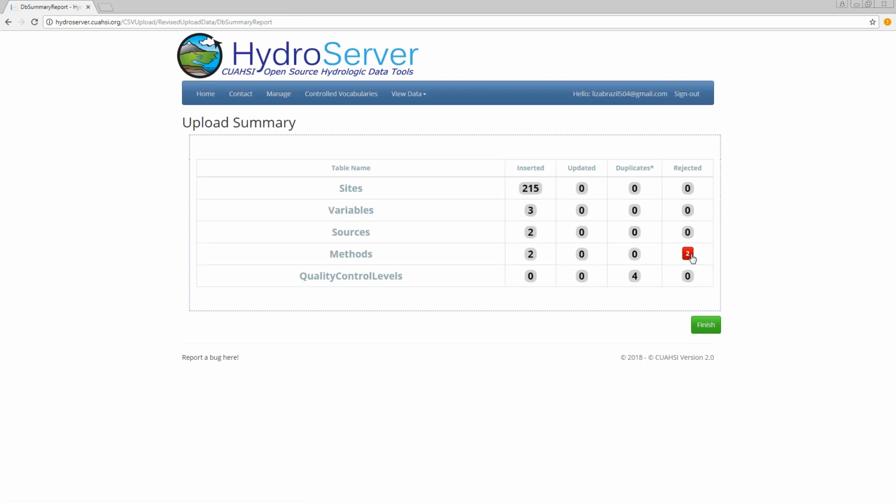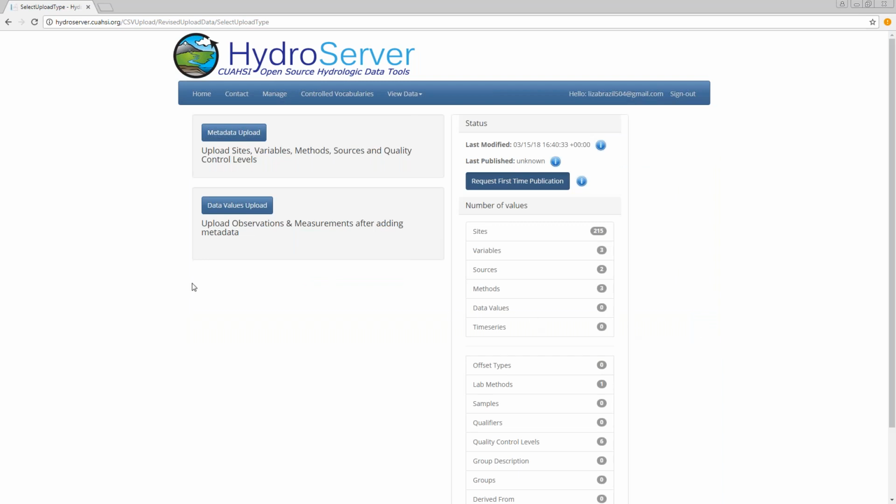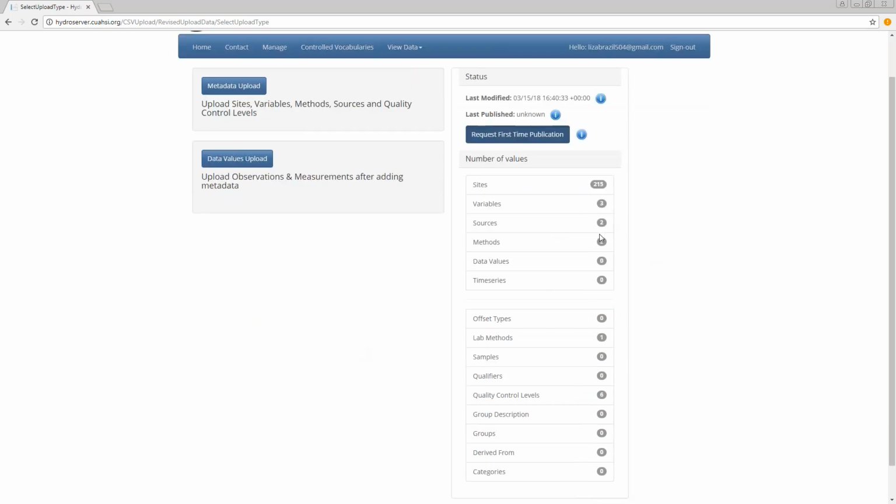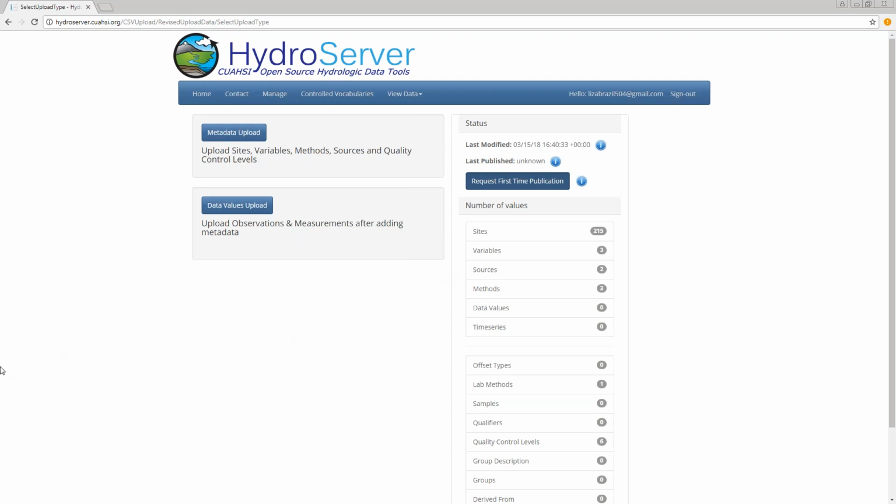Now, I would have to do the same for methods, but we're just going to skip over that just to give you an idea of how it works. So it's pretty much just an easy drag and drop of all my metadata files. Did I format it correctly? If not, let me fix it in the browser. Go to finish. And so then you would do the same thing for data values. So pretty easy process. And then you can always check to make sure that it actually went in on your database homepage.